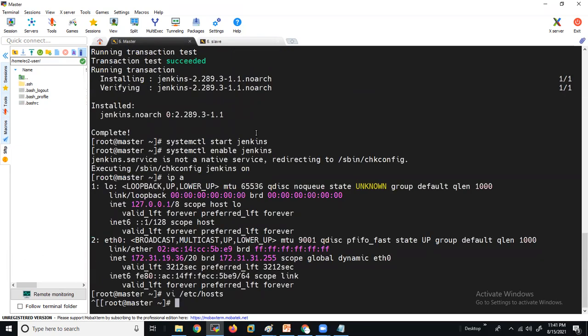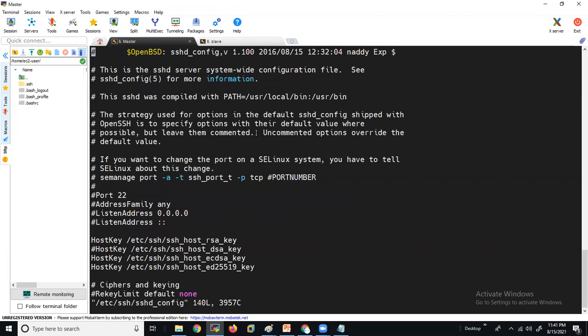Now we need to enable the password authentication in SSH. By default, on Amazon Linux the password authentication is no, so we need to enable it. Open /etc/ssh/sshd_config and search for password.